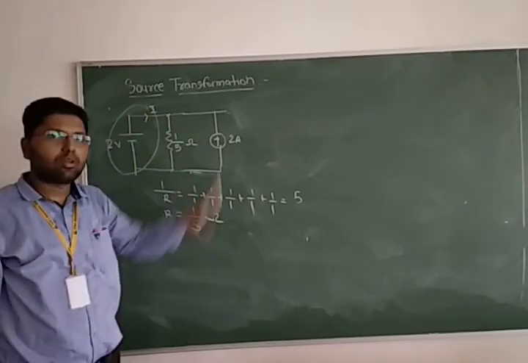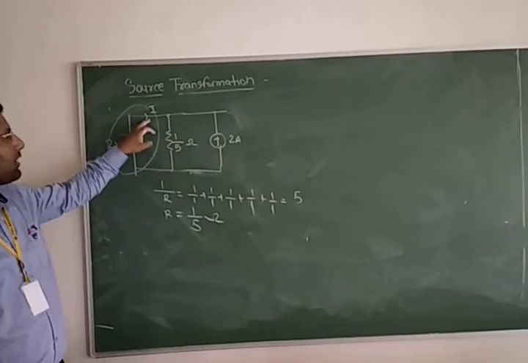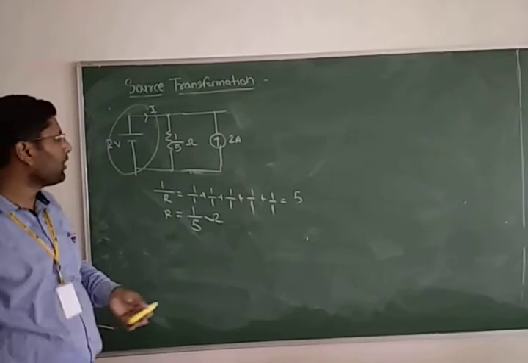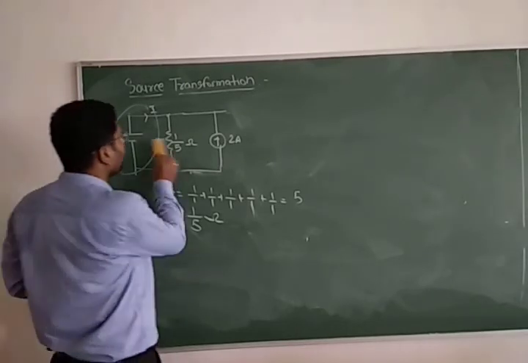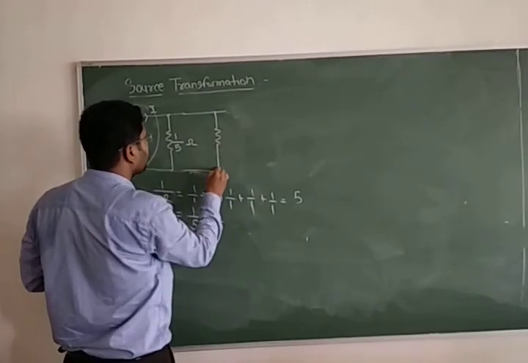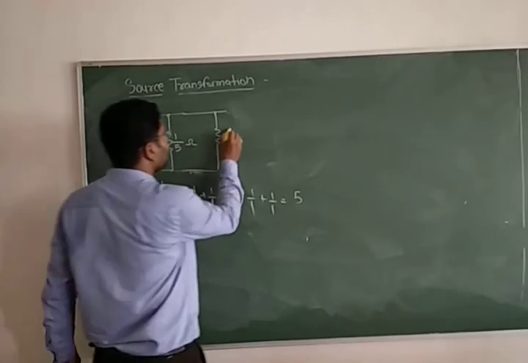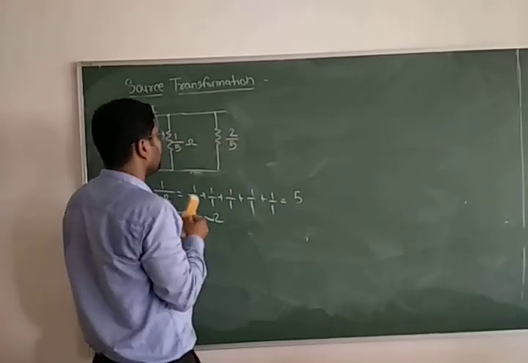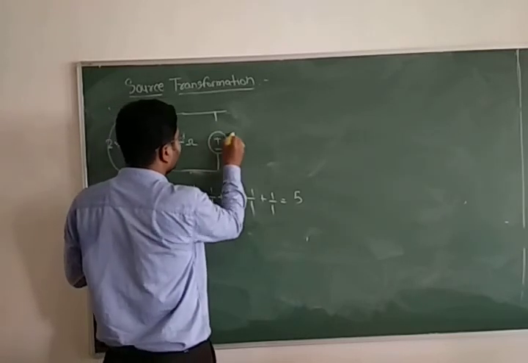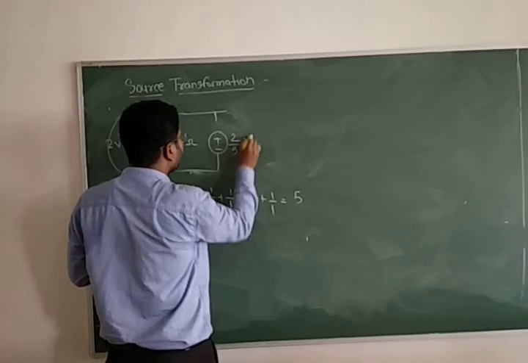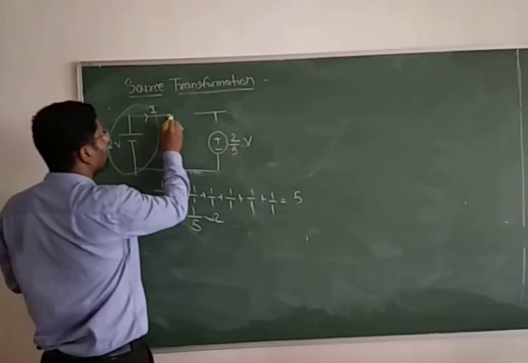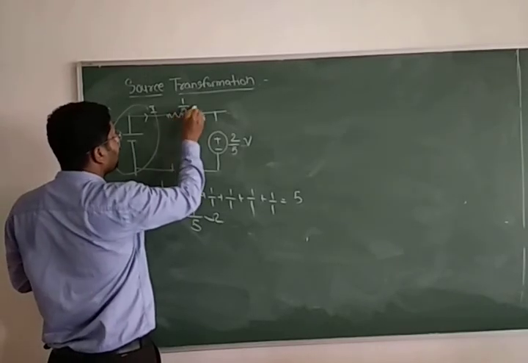So this is for homework. You have to do the homework and find out the current I. Apply any theorem or you can convert this into a voltage source. So how to convert that into a voltage source? V is equal to IR, that is 2 by 5, plus minus 2 by 5 volt, and this resistance will now be in series, 1 by 5 ohm.